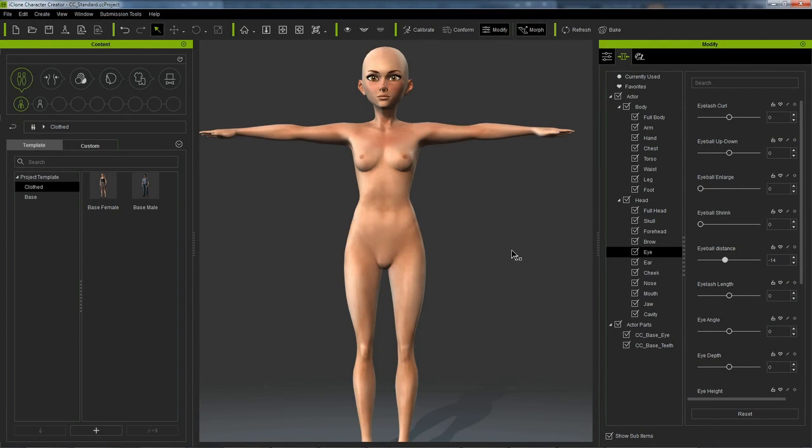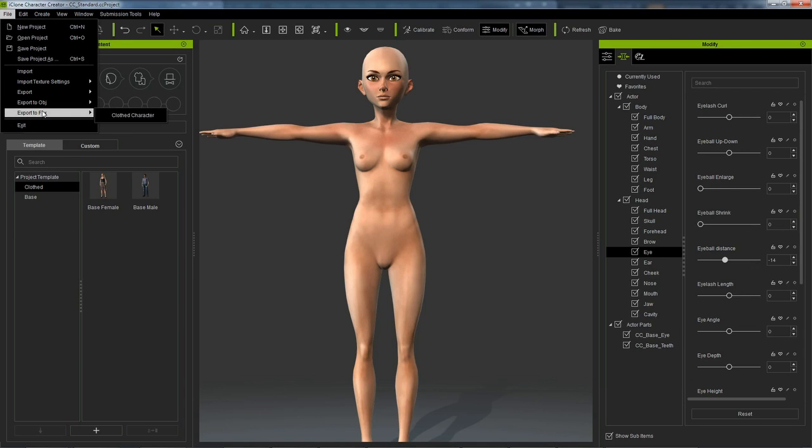Now there are two ways of going about creating clothes. If you have 3D Exchange pipeline, you can actually export out an FBX file that will include your custom character and that character's skeleton. If you don't have 3D Exchange pipeline, or if you don't have 3D Exchange at all,